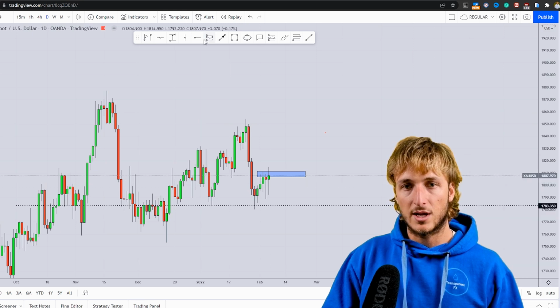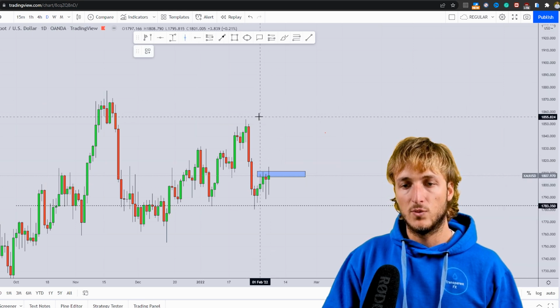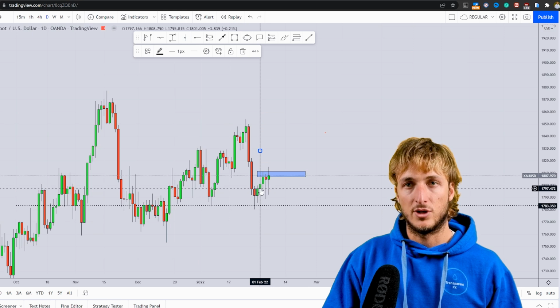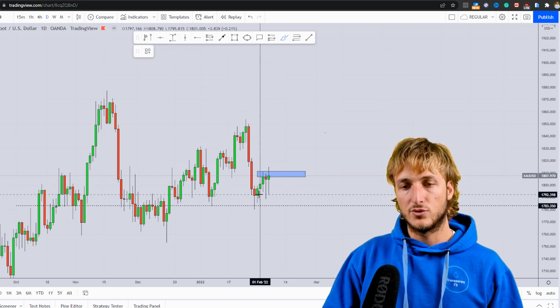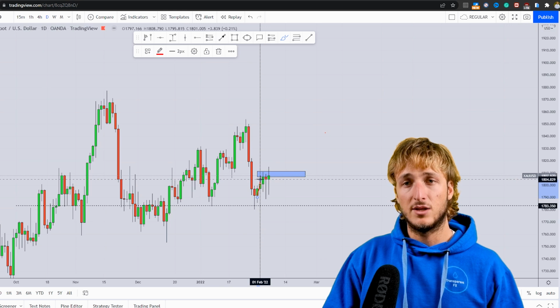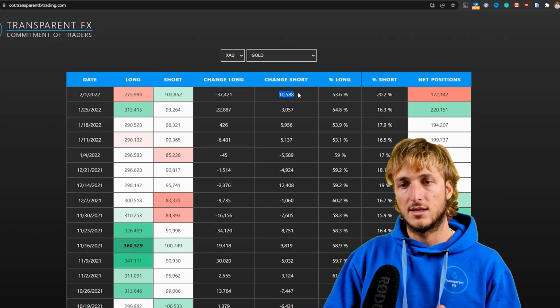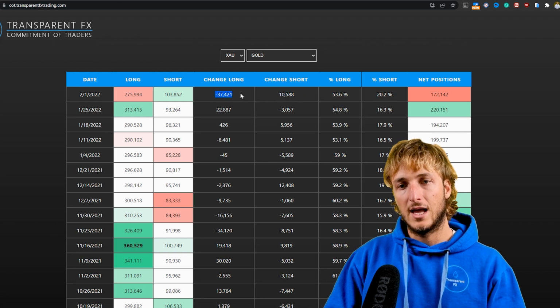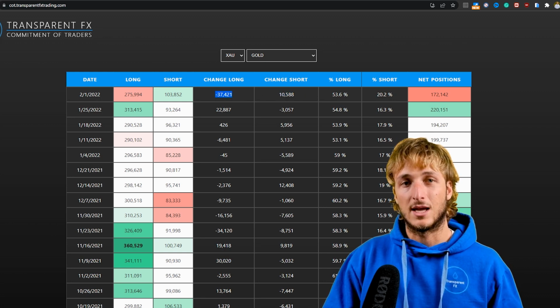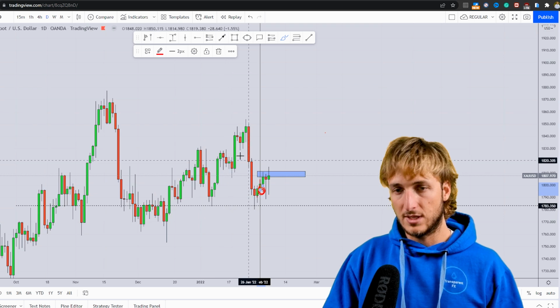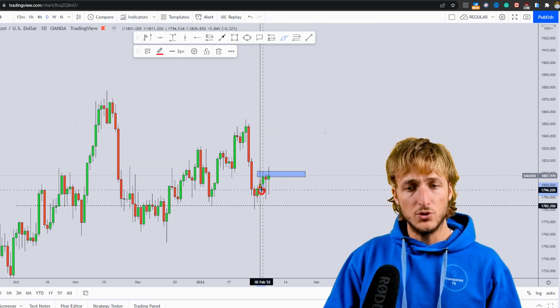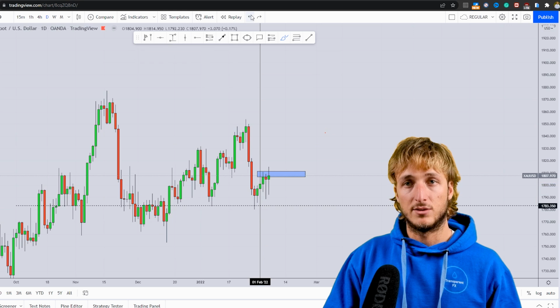Now, if we go here and we see where was the 1st, we can see that the 1st was this candle here. So during this move to the upside, what was happening is that they reported that here they had created this 10.5k shorts opened and 37.4k longs getting closed. The problem with this is that